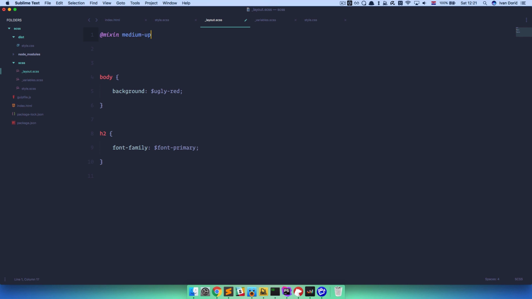So this is going to refer to all the code that is going to be displayed on our browser from 768 pixels and up. So I'm just going to define it like this, and then I'm going to say add media. So you define a media query, add media screen,